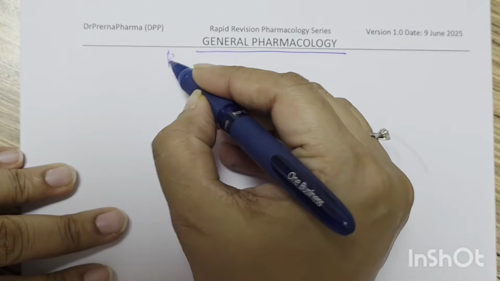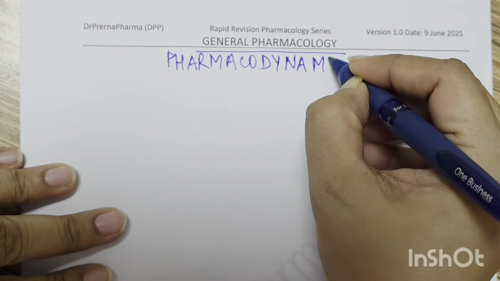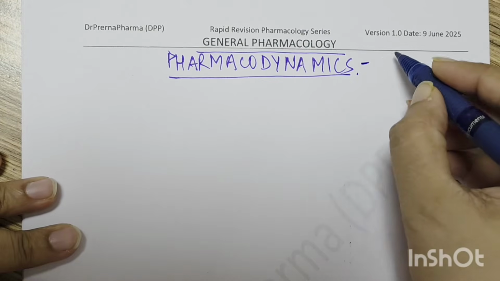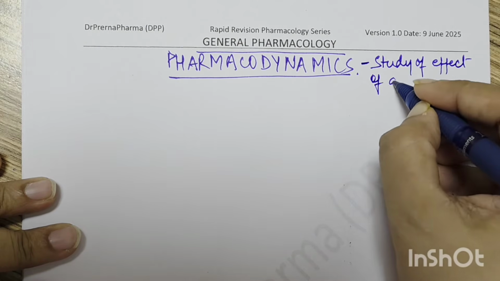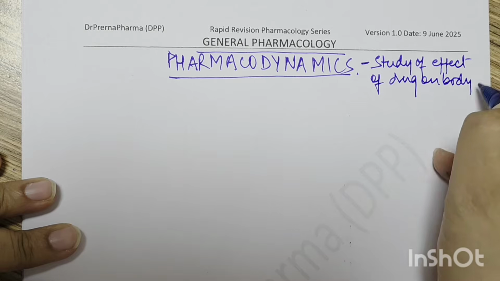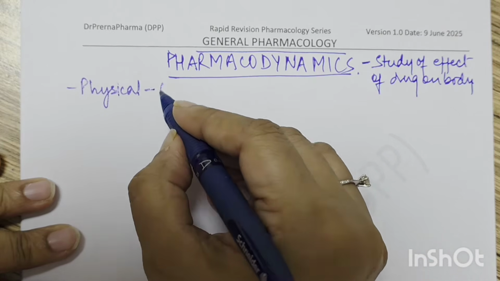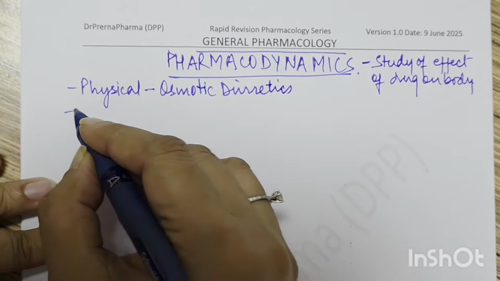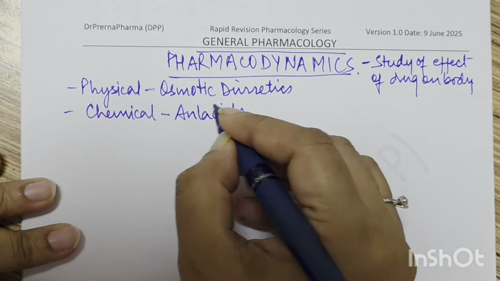Now in general pharmacology, the next topic that we are going to see is pharmacodynamics. Okay, now pharmacodynamics में सबसे पहला जो concept आता है, basically you all know that pharmacodynamics is the study of effect of drug on body, right? Now the drugs, they act either by physical mechanisms, that is osmotic diuretics का action होता है ये, या they act by chemical mechanism, that is like antacids, or they can act